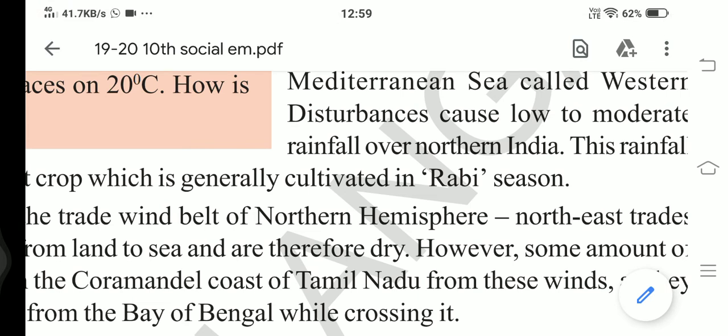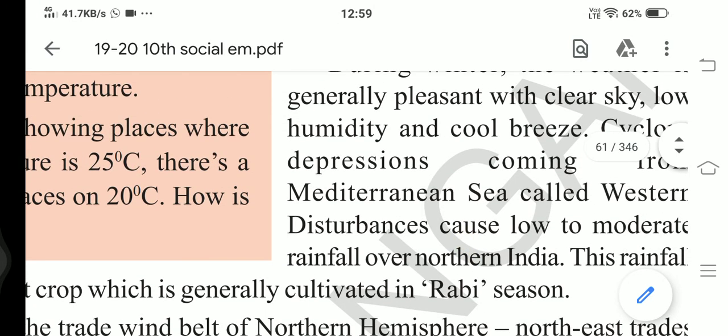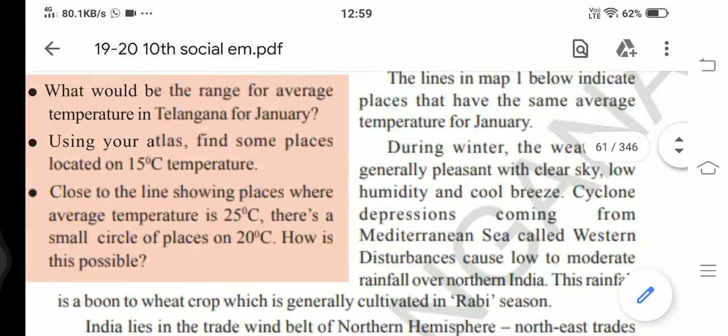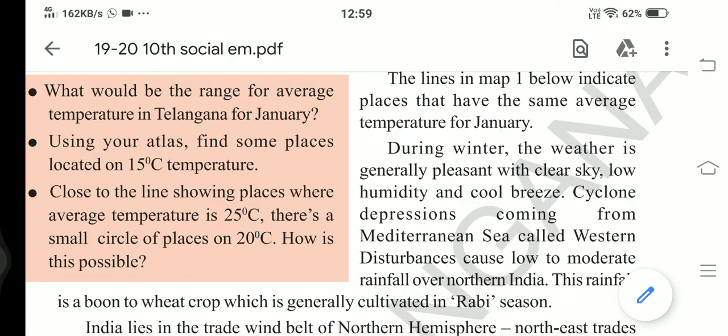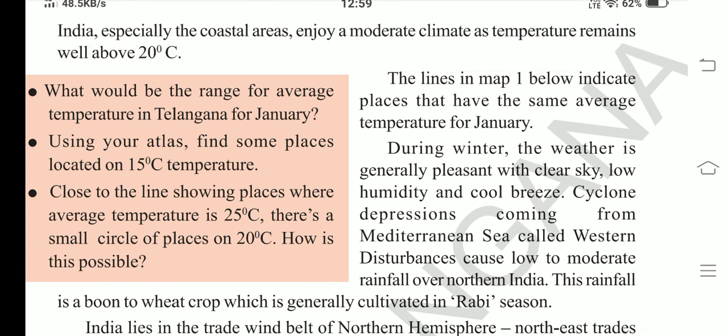Only 1 minute is left. We are going to end the class, my dear students. So what we studied here is the factors of the climate. The winter season will also continue to some extent in the next class. Today the home assignment is that you write what are